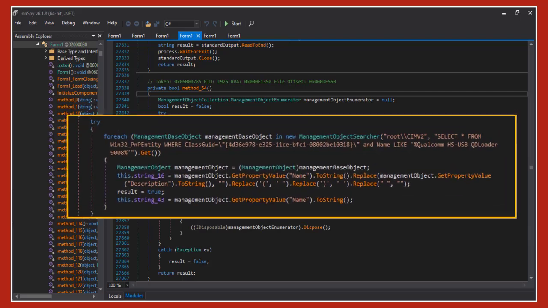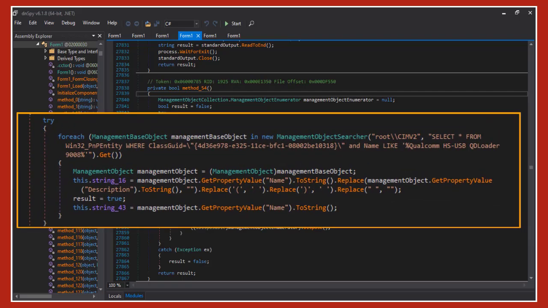Notice in this one here, we will find almost the same sentence as the query that we saw a little earlier, but what differs here is that it shows more than the name of the device or the definition that I want to get. Here, there is Qualcomm HS-USB QDLoader, it is